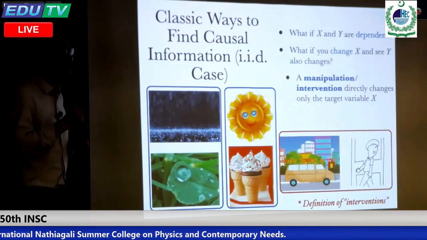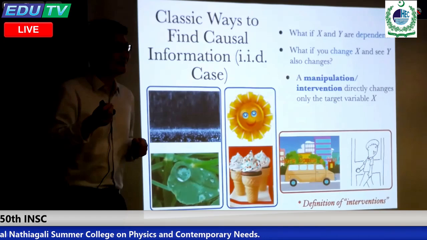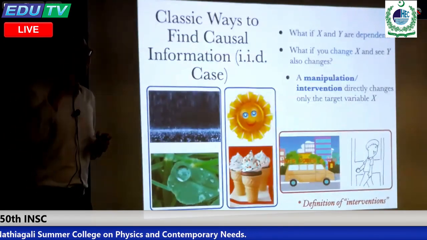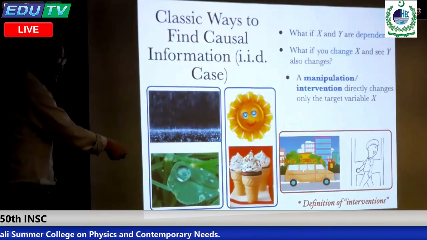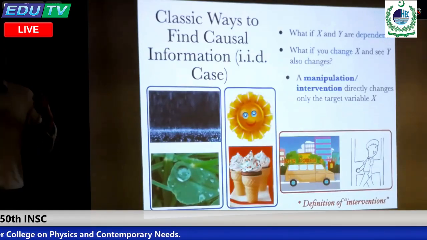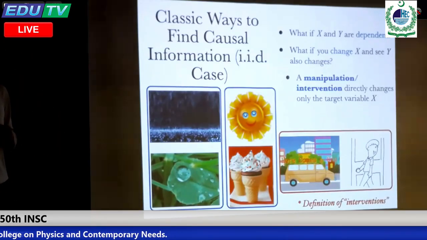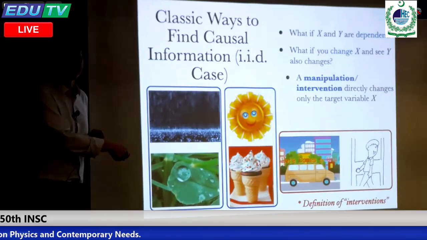Now let's do intervention. Yes? That's something on your mind. It's different from really kind of. Then you are saying the intention is the cause, but the intention is different from the bus coming, right?